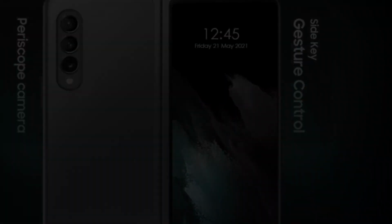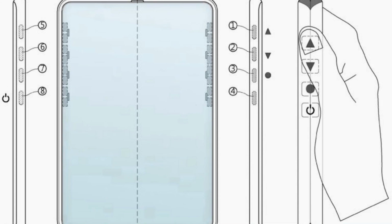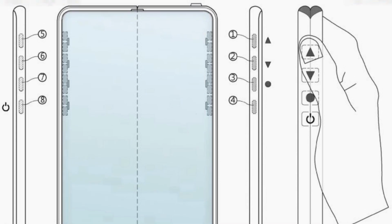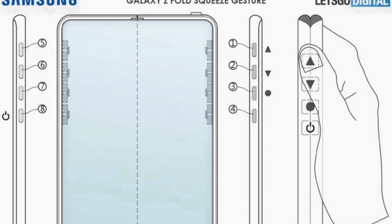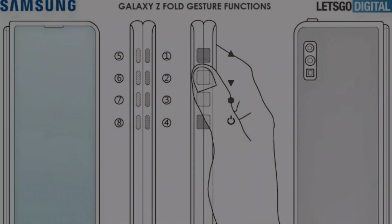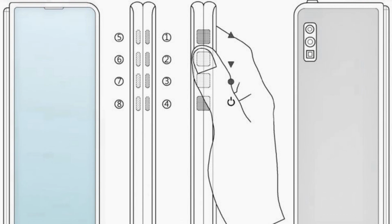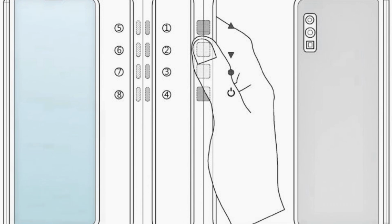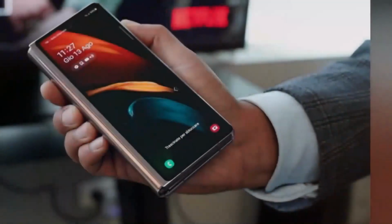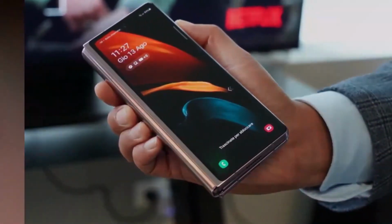Ranging from advanced double folding designs to new functions, such as a hinge indicator or the possibility to measure your blood pressure with your phone, this time Samsung Electronics has had extensive documentation recorded in which the operation of foldable smartphones is central. This mainly concerns the buttons, which are normally placed on the side of the device. Samsung Electronics filed a patent with the World Intellectual Property Office, WIPO, for a foldable electronic device. The 110-page documentation was published on May 20, 2021 and describes a Galaxy Z Fold smartphone with gesture functionality, replacing